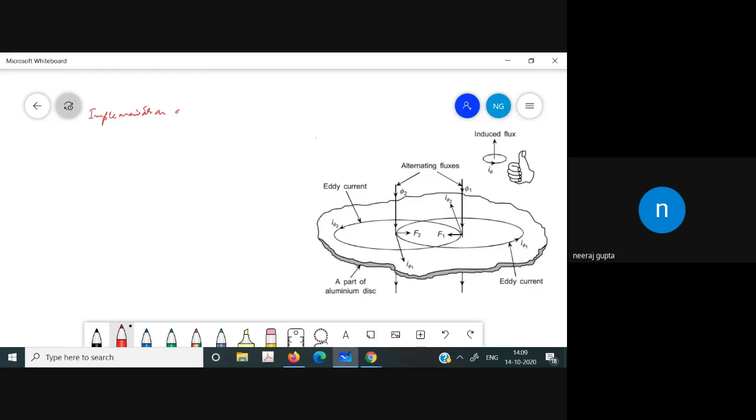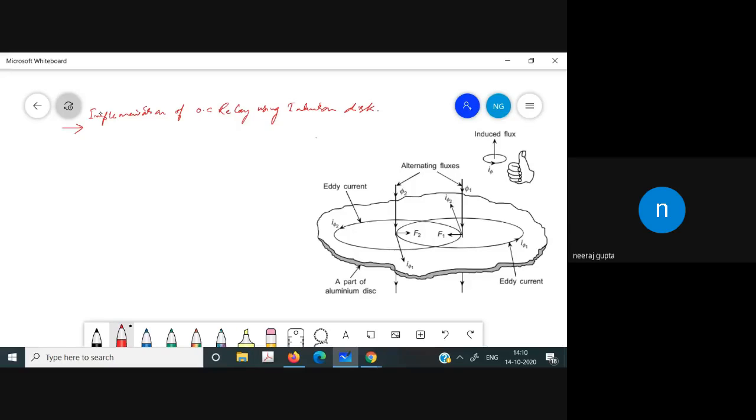Okay, so we will start with the implementation of the overcurrent relay using the induction disc. So, implementation of the overcurrent relay using the induction disc. Now let us consider